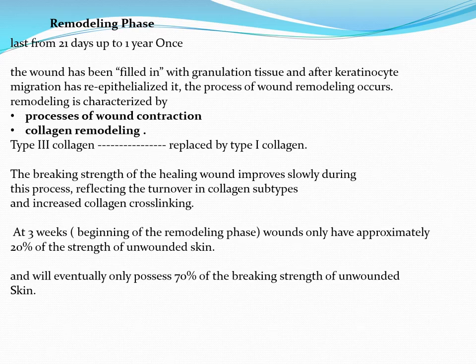The other important thing is the tensile strength of the wound. At the start the wound is very weak, and we put stitches in order to hold that wound together. After 3 weeks from laying down collagen type 3, the wound is going to have 20% strength of unwounded skin, and that is a very weak strength, and it cannot withstand a lot of forces, and the wound can easily be reopened. So,